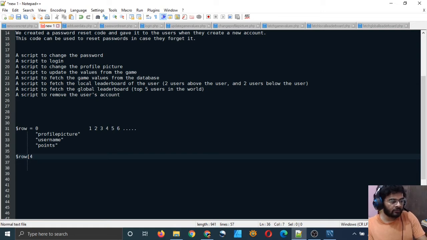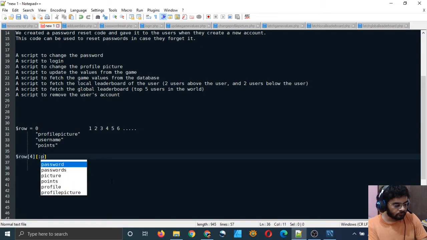The 4th position can be the number 4, or it can be 3, since counting 1, 2, 3, 4, 3 is the fourth position. But if you want the fourth index, index 4, remember we count arrays from 0. So I will say index 4, and I can access the points variable of the record present at index 4 in my $row array like this.